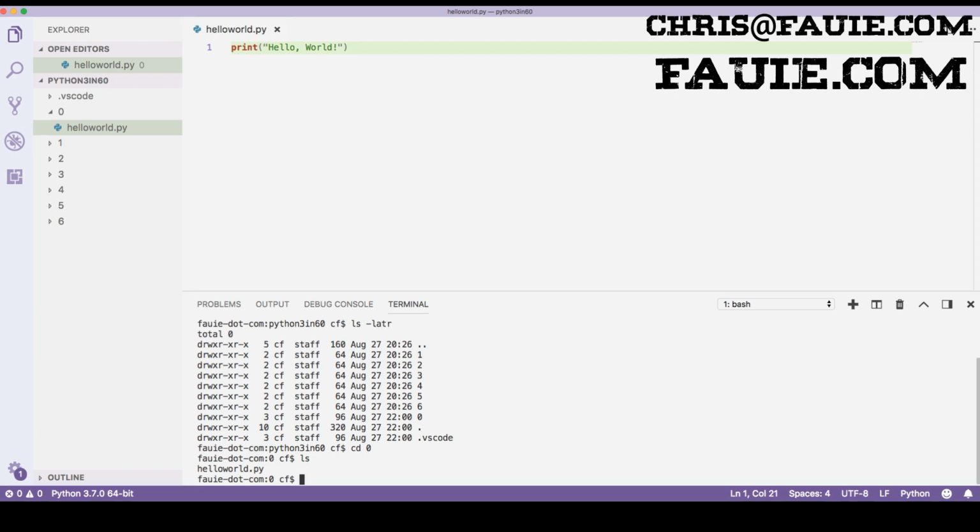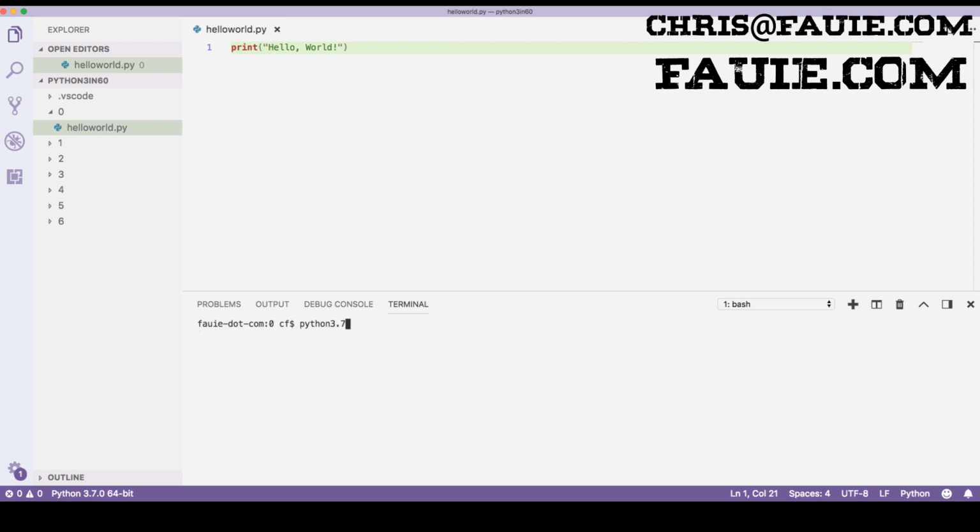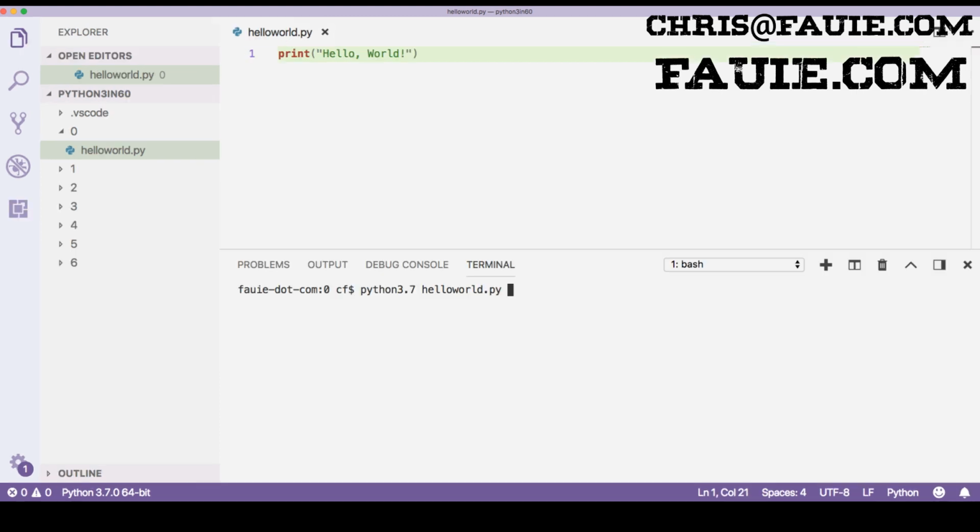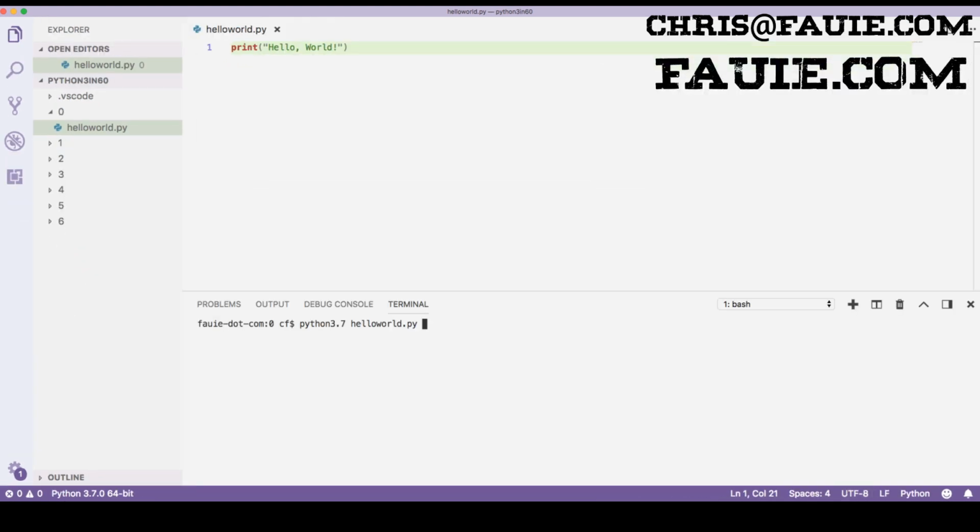So what I'm going to do in my terminal, I'm going to type Python 3, and I know I have all the different Pythons installed, so I'm going to be specific and say Python 3.7, and I'm going to execute helloworld.py. Let me see if I can. Ooh, that makes the whole application bigger. That's okay. So when I run Python 3.7 helloworld.py, I see hello world come out in my standard output. That's all well and good, but we're typically not going to do that too much